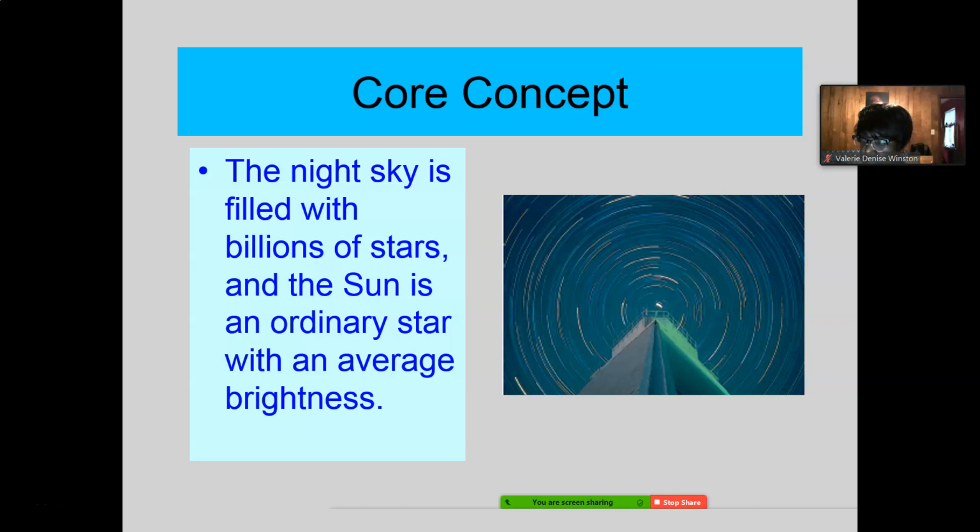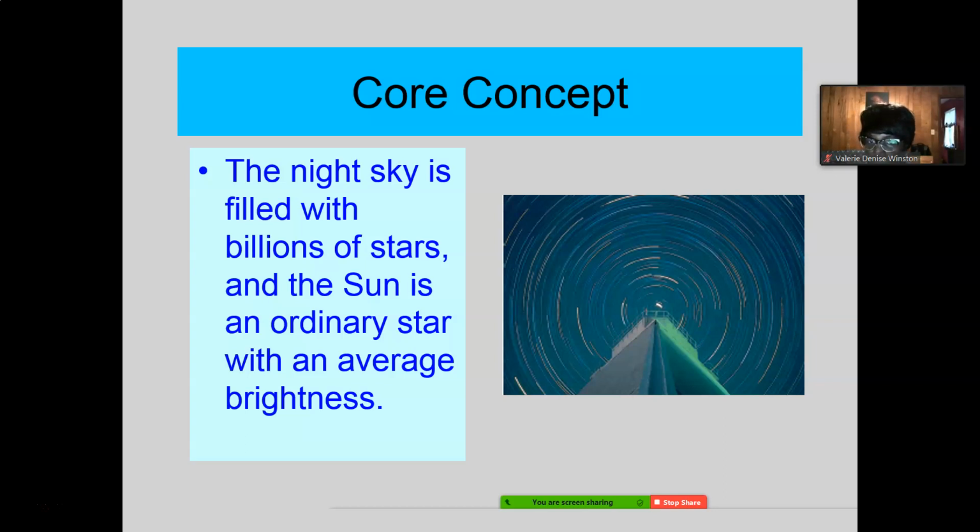So the night sky is filled with billions of stars. Now, if you look out at night, tonight you're not going to see billions of stars. It's too cloudy. But even on the clearest night we ever get, you'll not see billions of stars, I don't think. Because you live in town, don't you? And so much light, street lights, car lights, building lights, parking lot lights, all sorts of lights, you can't see all the stars. If you were to go out in the country somewhere, way away from the nearest city, and look up at those night skies in a very clear night, you will be amazed at how many stars you'll see. You can't count them all, and that's why they say billions of stars.